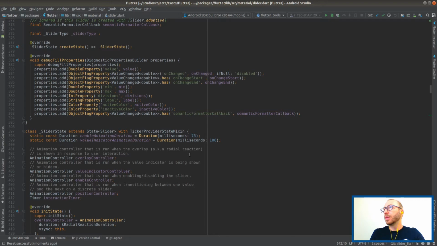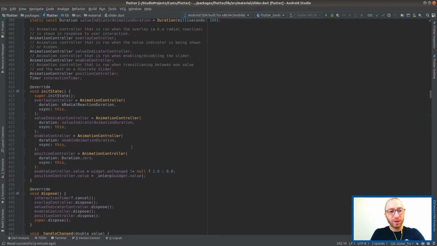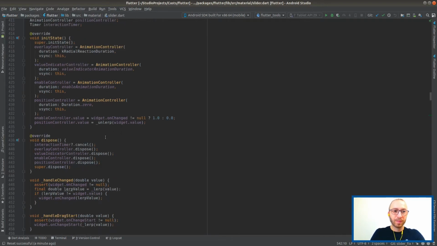It is a weird thing. I think maybe the show value indicator is actually redundant in this configuration. So I think either one of them should